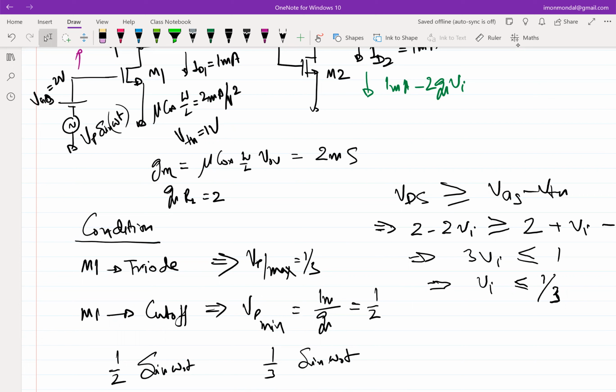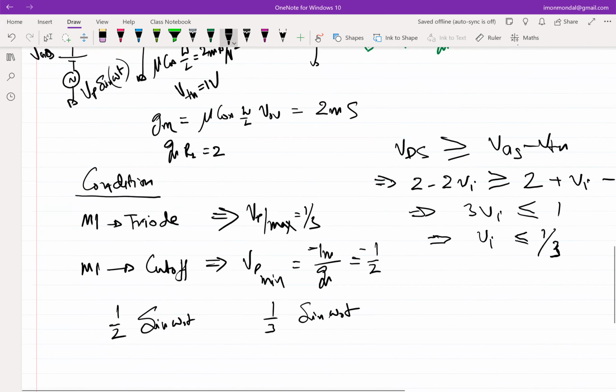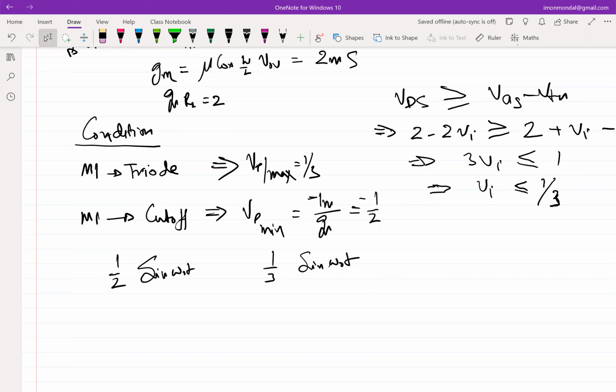Okay, so what I meant was, maybe I should do this. If I go by absolute value, then it should be minus, right? So you are setting this to 0. So then it should be minus 1 by 2, right? So the point here is